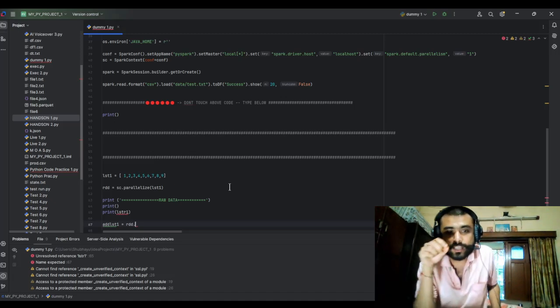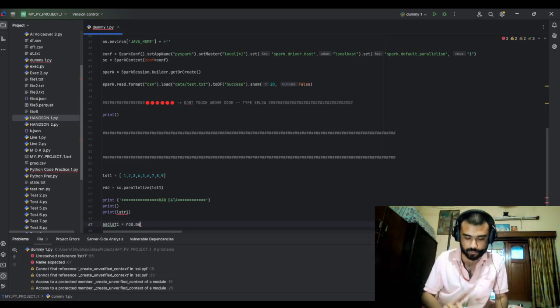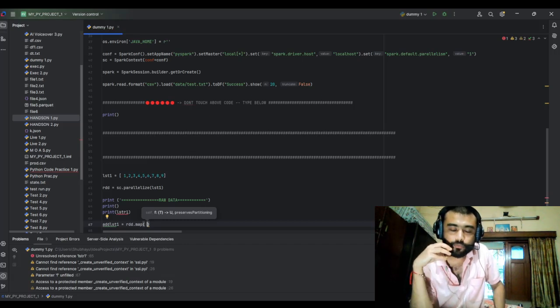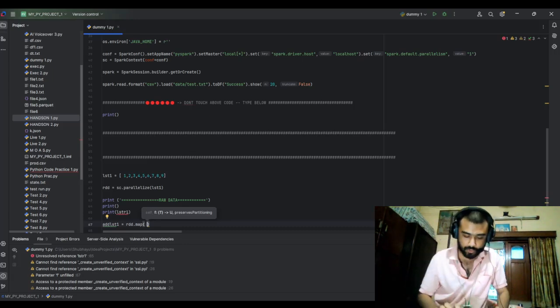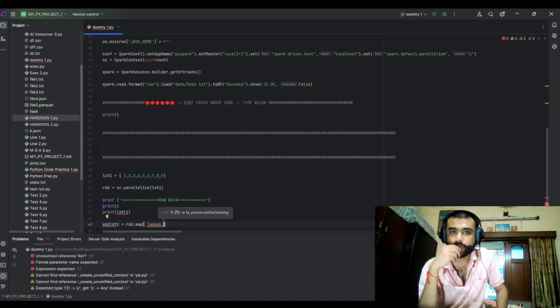As we are going to perform addition on each and every element, that is 1 plus 5, 2 plus 5, 3 plus 5, and so on till 9 plus 5, it is going to be map. Now if we are proceeding with the RDD approach, there is a syntax for performing operations. We use lambda operations. This lambda term is very important. So RDD.map